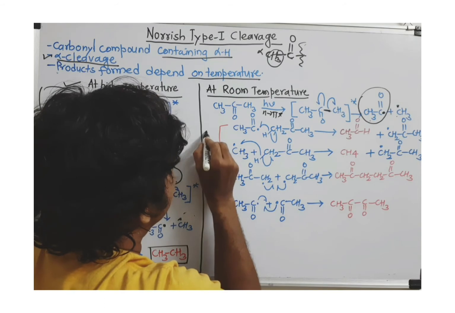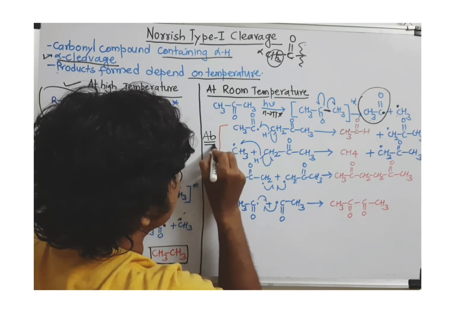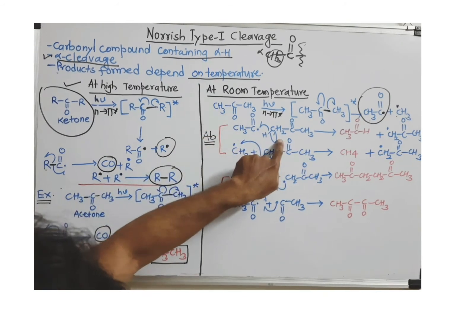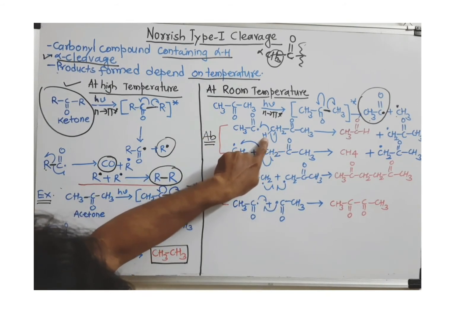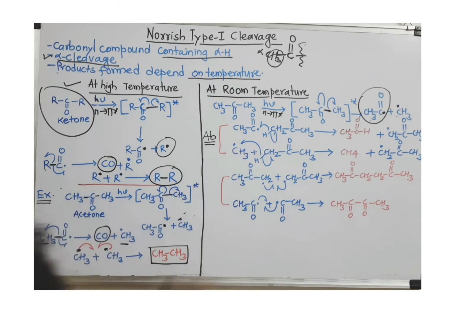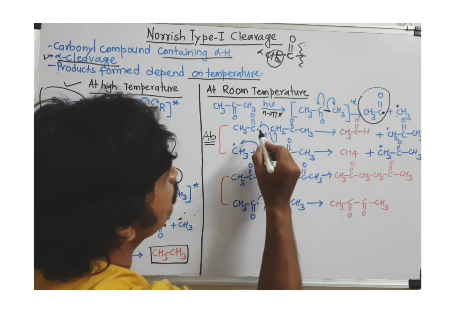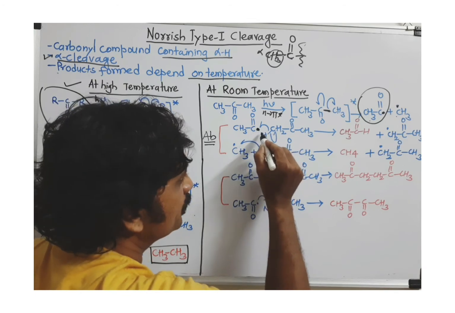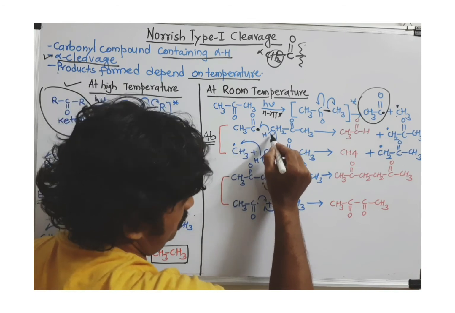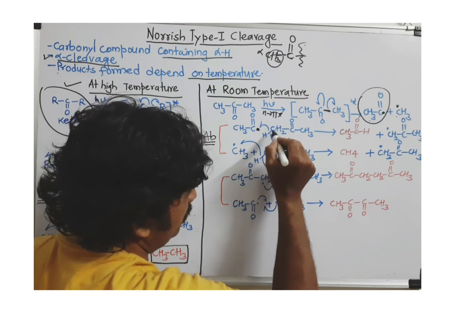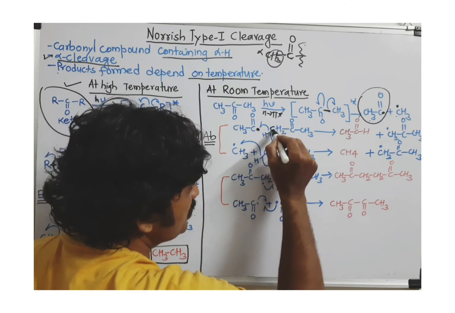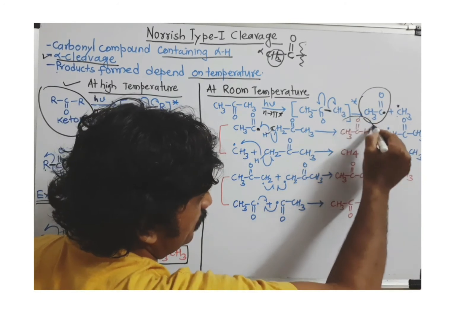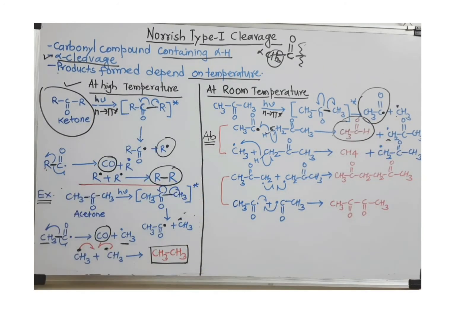So here is one reaction, abstraction of a proton. Taking a fresh molecule here, this time abstracting an alpha hydrogen, one alpha hydrogen I have written separately here, and this acetyl free radical takes away one hydrogen with one electron, and one electron from this bond goes on this carbon. So we get another free radical and an aldehyde. So the aldehyde is a product.